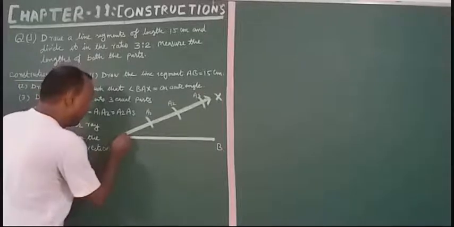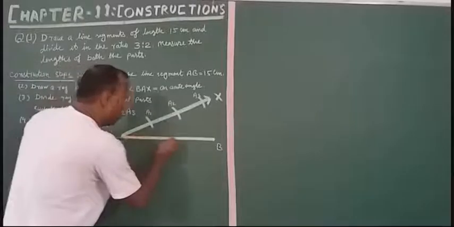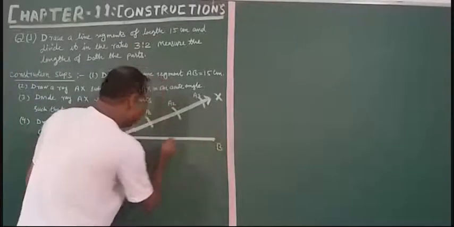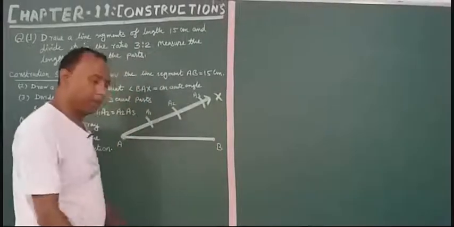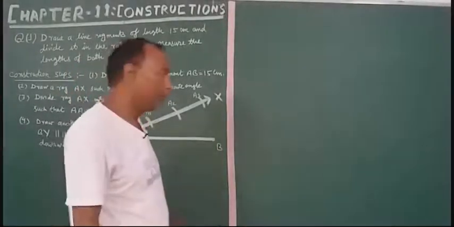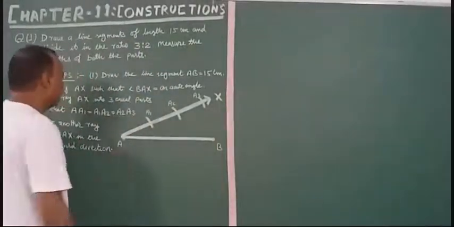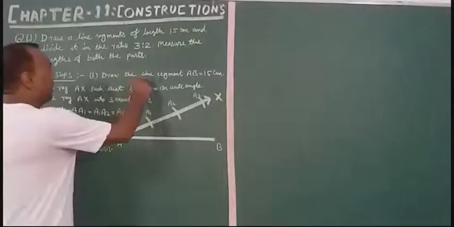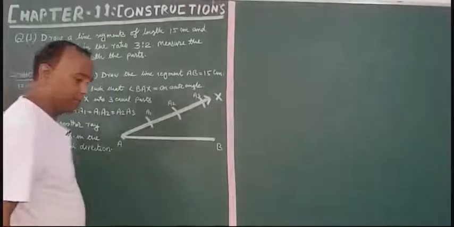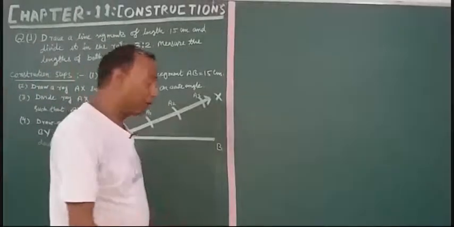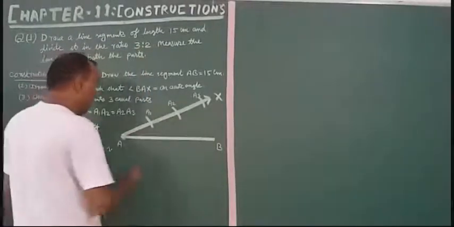First we will draw the line segment of length 15 centimeter. Let AB be the name. The construction step number 1: we draw the line segment AB equal to 15 centimeter. Now step number 2, we will